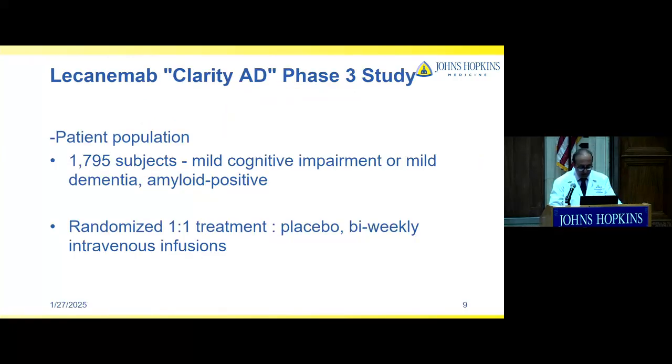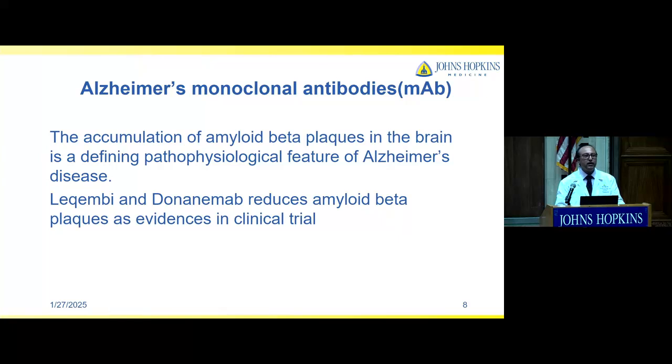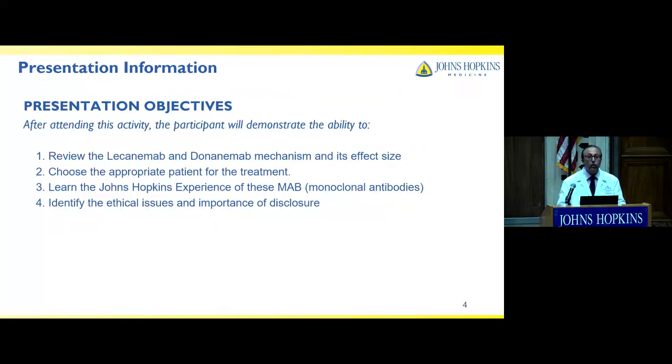So today we will talk about the anti-amyloid treatment in detail. I'll go over our objectives. We'll review lecanemab and donanemab, two drugs approved by the FDA, their mechanism of action and effect size. I'll also talk about how to choose the appropriate patient for these treatments, as it's only selective for certain patients. We'll talk about the Johns Hopkins experience or program, and identify some ethical issues and the importance of